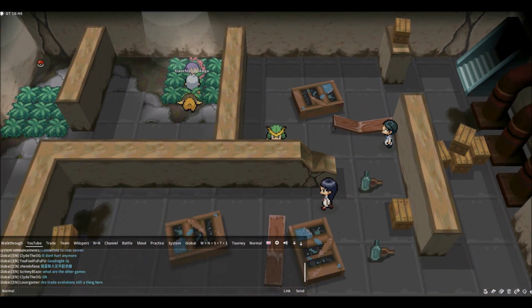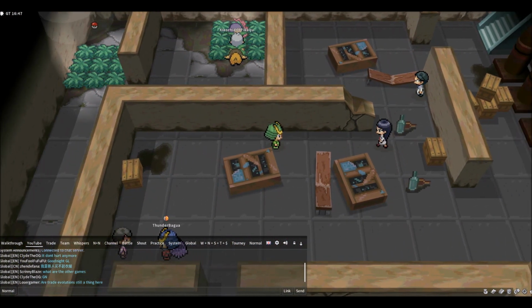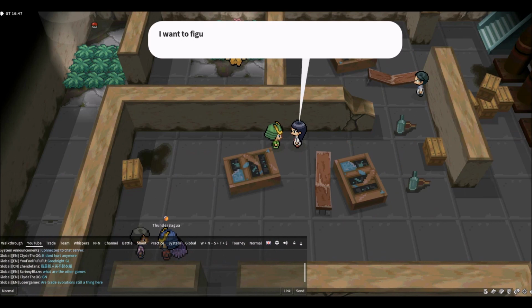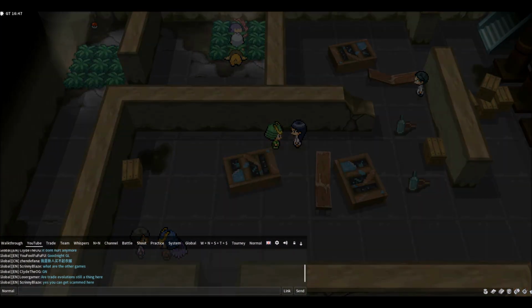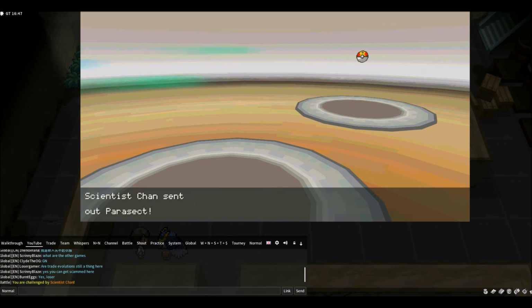Good job to the PokeMMO dev team. I'm still shocked that you can play PokeMMO like this. I mean, this is pretty impressive. So now it's time for us to actually fight in a battle and see what the fight's like. All right. So we have the